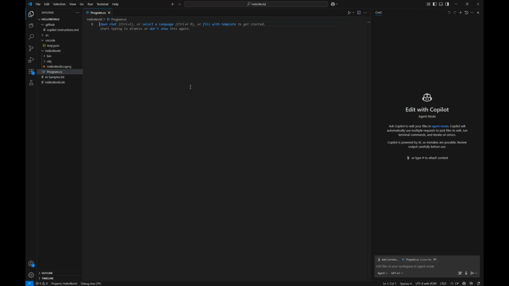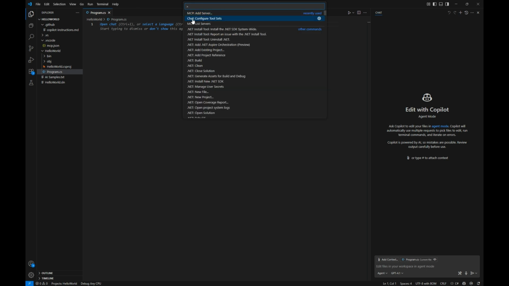So if we switch to Visual Studio Code here, where I have a small C# program, I normally use Visual Studio Code because it's best so far at MCP, but Visual Studio can also do it, Cursor can do it, and so on. And then I add a server.